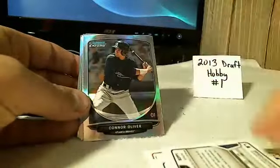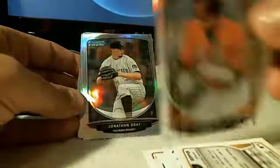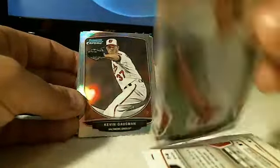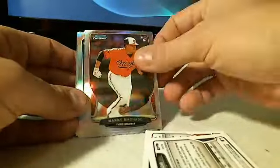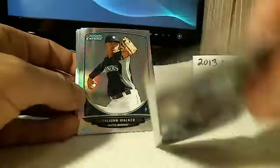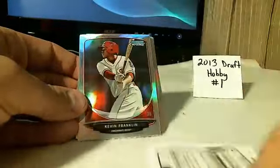Astros, Smith for the Mets, Oliver for the Braves, Maffey for the Pirates, Hart for the Orioles, Gray for the Rockies, Peterson for the Padres, Cisco for the Orioles, Bogarts for the Red Sox, Miller for the Cardinals, Gausman for the Orioles, Salazar for the Braves, Machado for the Orioles, Williams for the Marlins, Denny for the Red Sox, Bundy for the Orioles, Wilson for the Mets, Walker for the Mariners, Arcia for the Twins, Gallo for the Rangers, Franklin